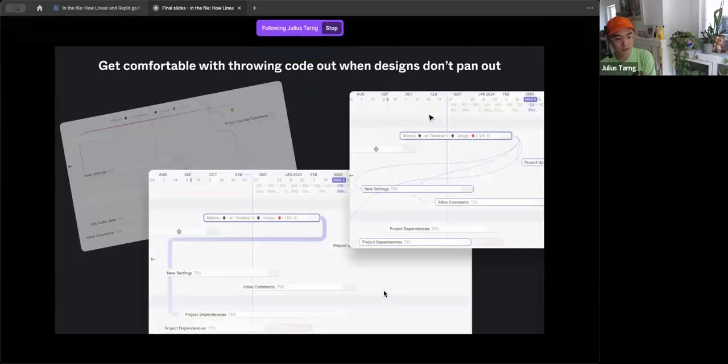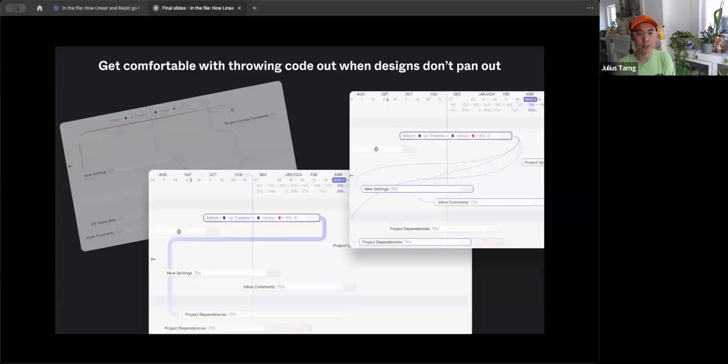Yeah. And so one last point I want to talk about before we start wrapping up is this idea of getting comfortable with throwing stuff out. This is something I think designers are pretty comfortable with. So if you're a designer, you're probably like, okay, got it. But for engineers in particular, if there are any in the room, you have to really get comfortable with throwing code out when designs don't pan out. I think this is the number one blocker to any team that wants to adopt this kind of